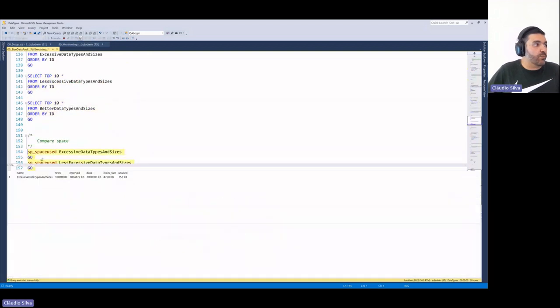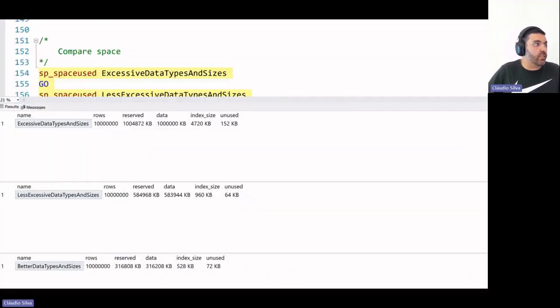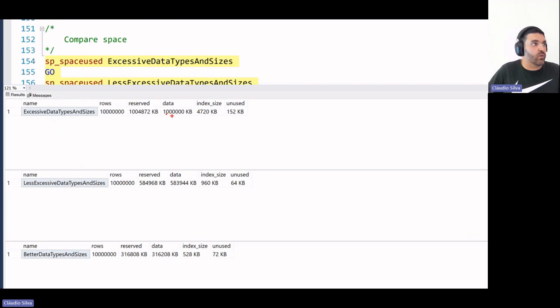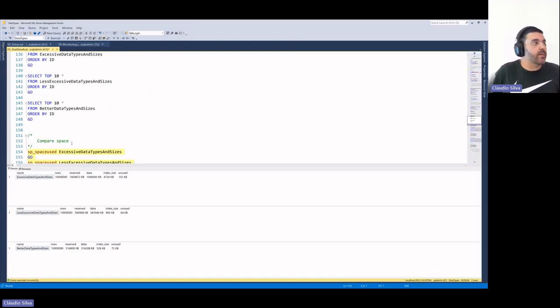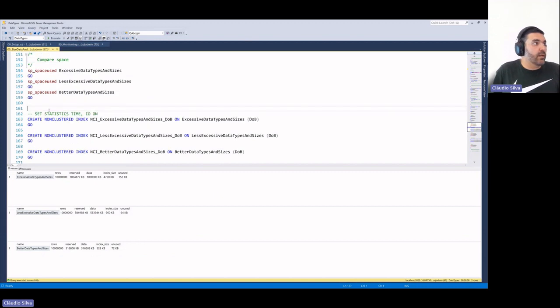And when we compare the three here, we see 1 gigabyte, 580 megabytes, and 310 more or less megabytes, just by having the same number of records but different data sizes and data types on the columns.